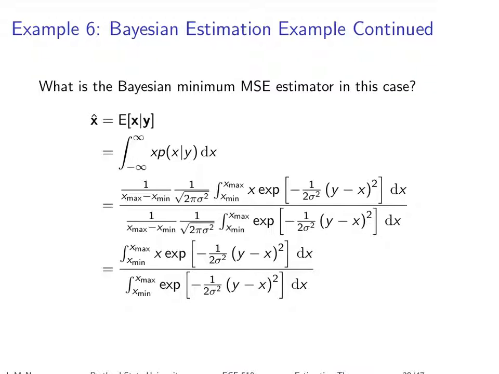Go through and do the math, and the expected value is just equal to the integral of the posterior times x, pretty standard. The bottom term from two slides back was all just a constant. It doesn't depend on x, so it can be pulled outside of the integral because it doesn't depend on the variable of integration. And these two terms, of course, cancel, and it simplifies to a ratio of two integrals. The only difference between these integrals is that one has x and one doesn't, and you can't cancel anything further.